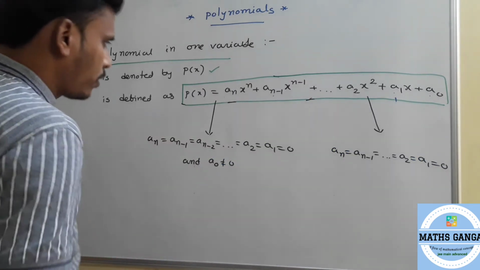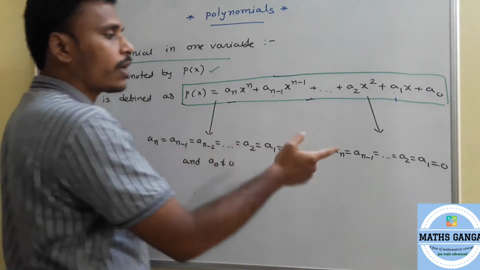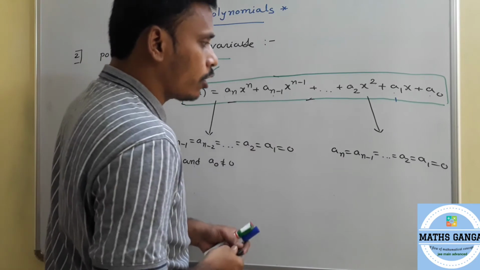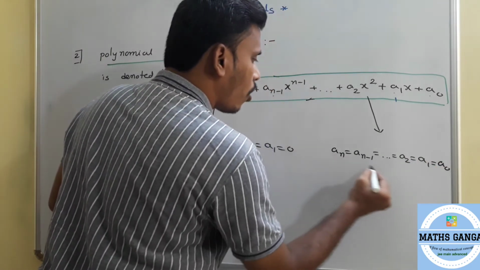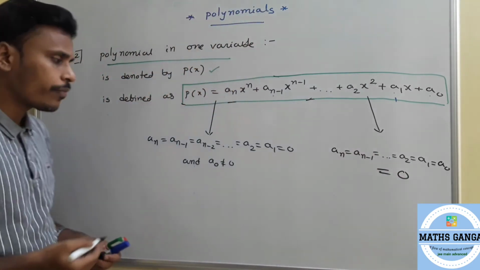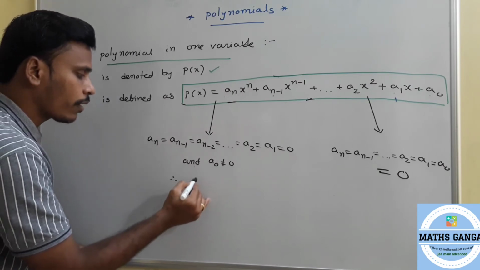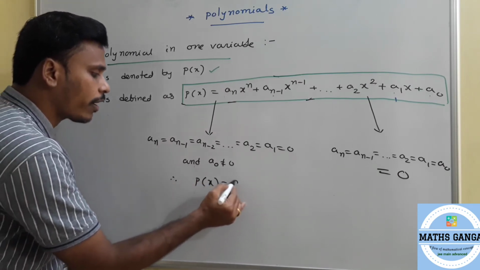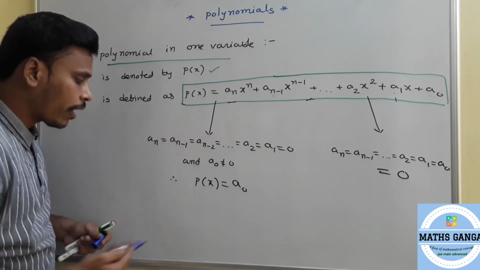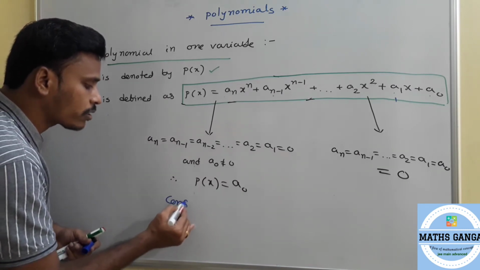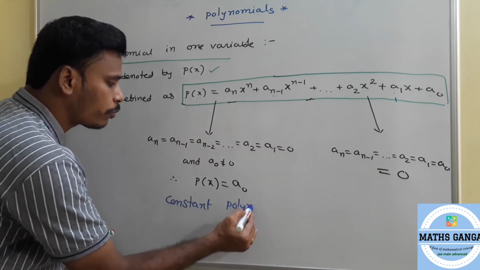Now, two special cases. If all the coefficients are zeros except a0, and in the other case if all are zeros including a0 also, a2, a1 as well, a0, and all these are equal to zeros. Okay. See, in this case all are zeros except a0. So here what we will say? We say that p of x is just a0, right? That a0 is a constant, p of x is a0, and we call this polynomial as constant polynomial.